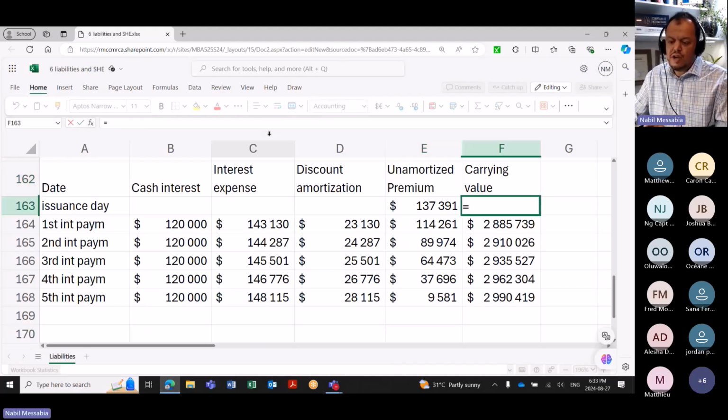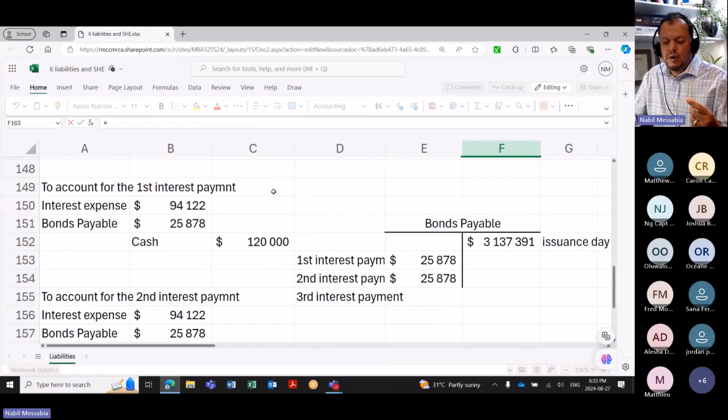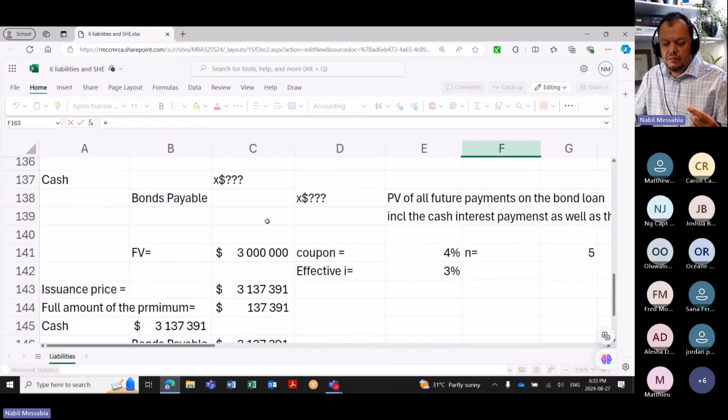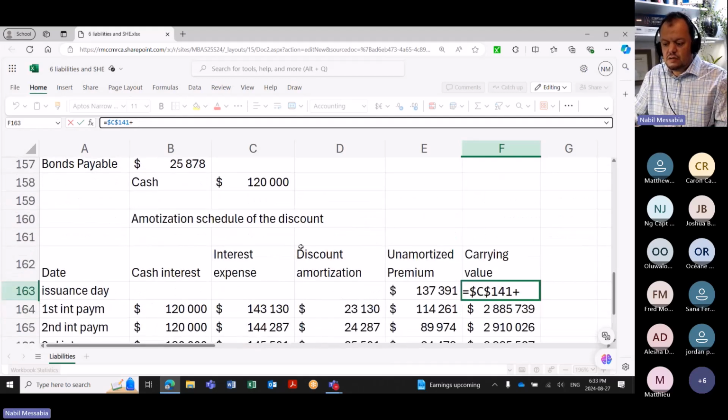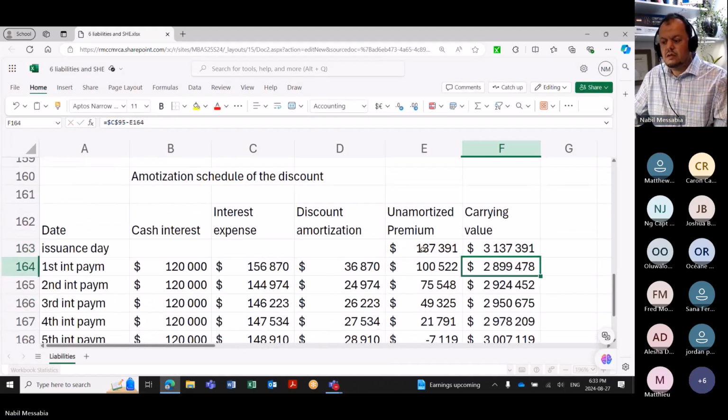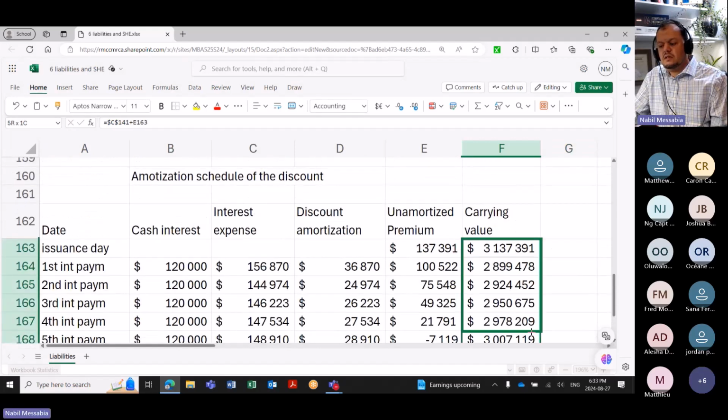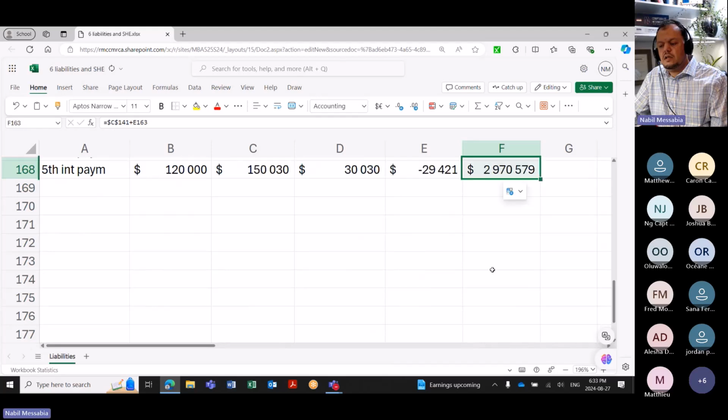The carrying value now is equal to the balance, meaning the par value, face value, or the future value, plus the unamortized premium. And then we keep doing this, and we should end